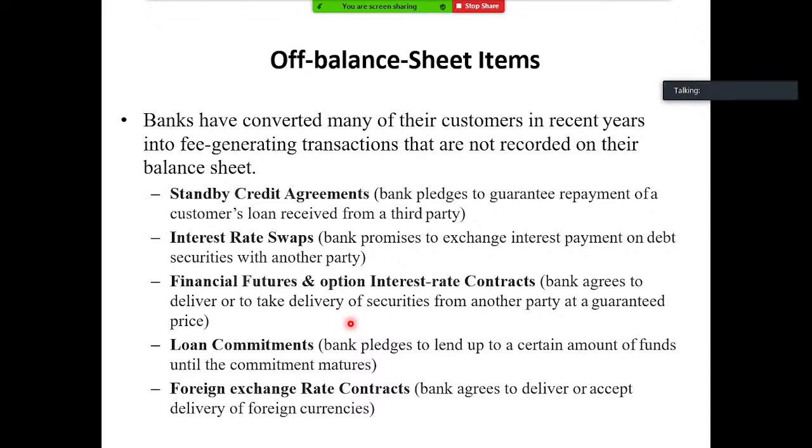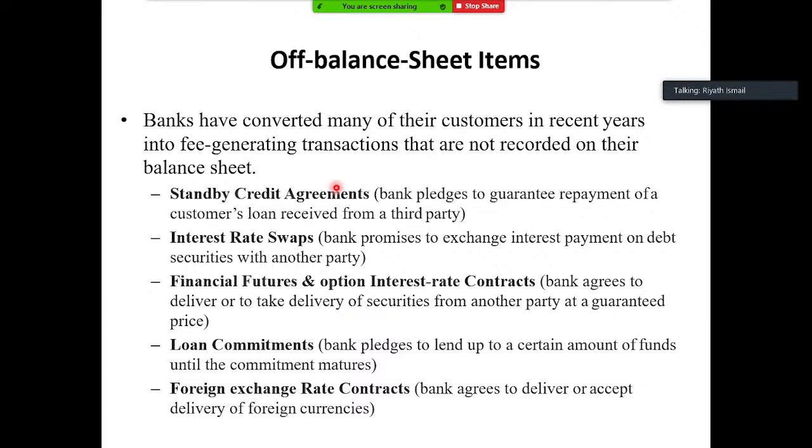Off balance sheet items. You might study off balance sheet items in the accounting standards of the balance sheet. Off balance sheet items mean there are some transactions which do not satisfy the disclosure requirement criteria. For example, loan commitments, future loans, and the bank issues some letters of credit. That kind of thing we cannot observe in the balance sheet or income statement.